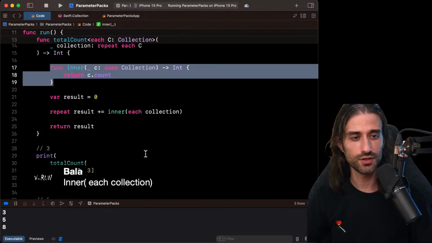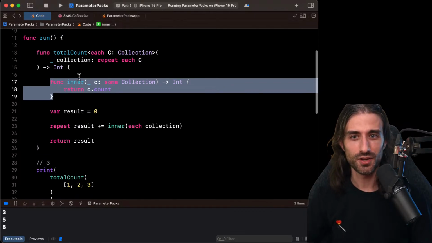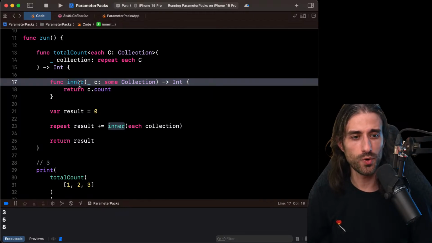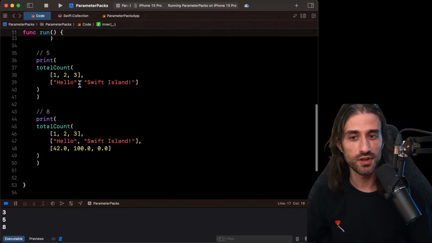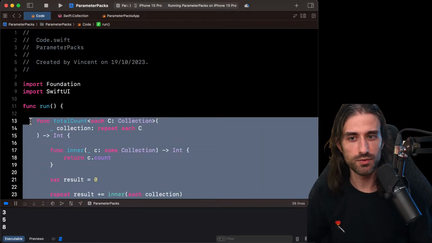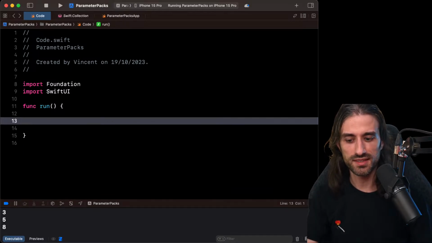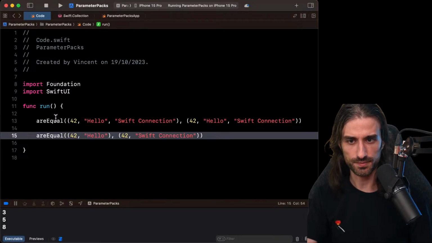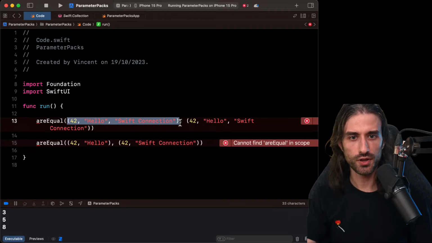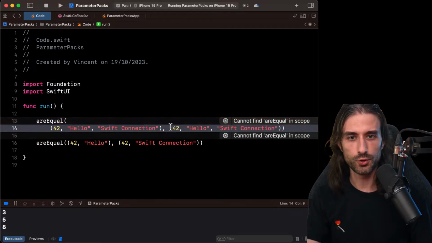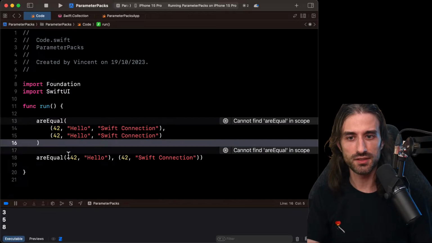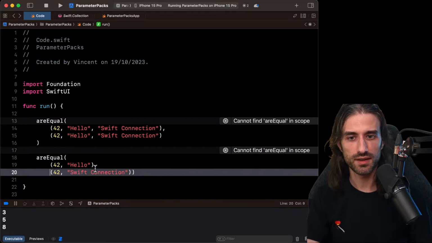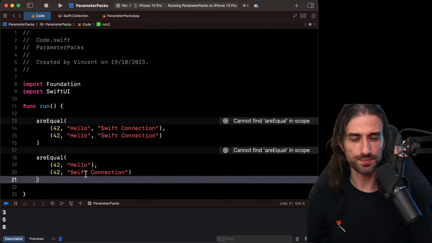Just the syntax is not super great, but brace yourself because it becomes even worse. Because here we wanted to implement the kind of loop where you always want to go over all of the elements. But not all loops are like this. For instance, let me remove this code. And let's say that I want to implement this time a function that is called r equal. So this function takes two tuples and returns whether or not the two tuples are equal. So let me format it so it's a little bit easier to read on the screen like that.